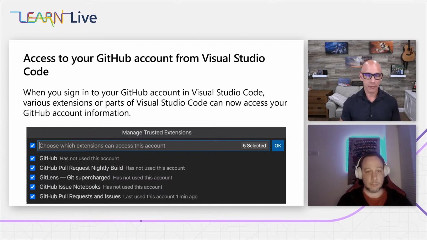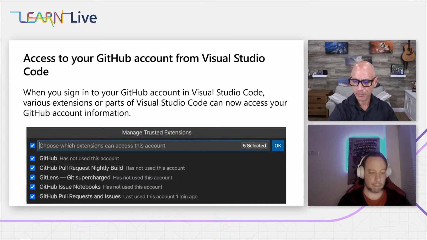This is so certain information about logging in from GitHub to VS Code can work for you. So you'll see a screen like this as we go through the demo that actually shows you, okay, here's our GitHub pull request, for example, for the extension. Let's go ahead and get this permissions so we can access the information and log in. We'll go through that in the demo a little bit later though, Peter, won't we?